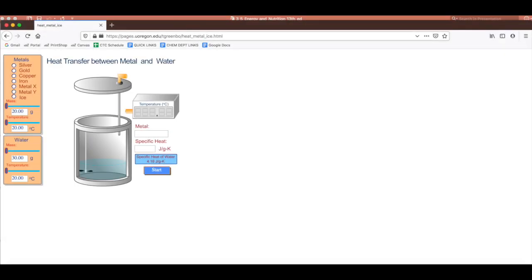So I will now do this experiment so that I can show you an example of a known substance. When it's your turn, you're going to choose an unknown metal, either X or Y, and you will calculate its specific heat that way. But let's just do it as an example of something that is known. So I'm going to use iron as my metal. Okay, I'm going to make the mass